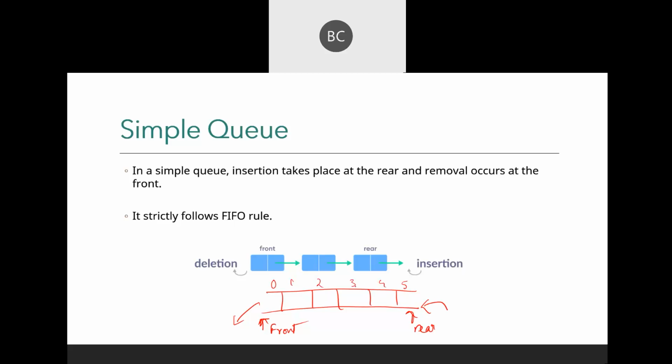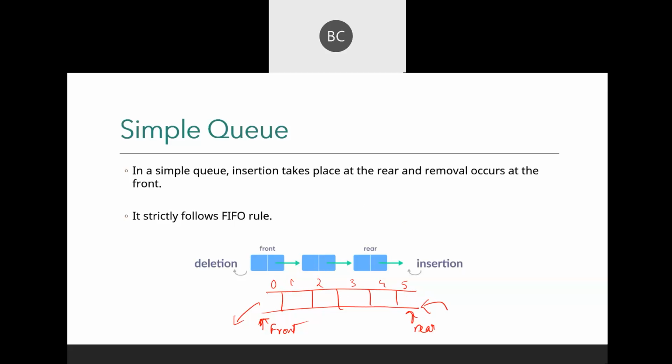Now in simple queue we have a problem. What is the problem? Can you guess what the problem is? In a simple queue, what happens?